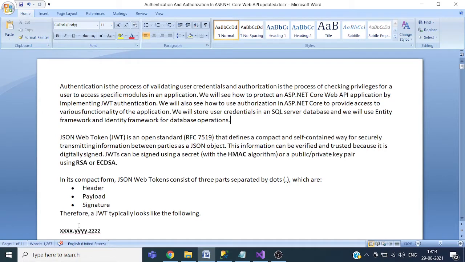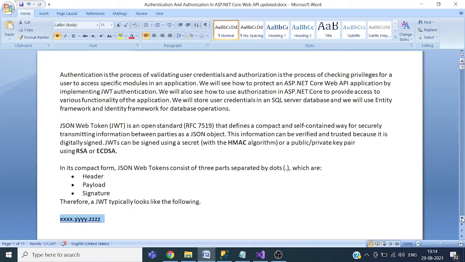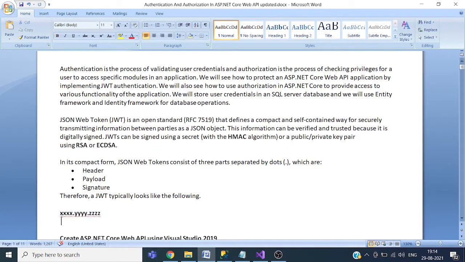So this is the token format. The first part is the header, the second part is the payload, and the third part is the signature. So the format of JSON Web Token is like this. We have data separated by two dots.